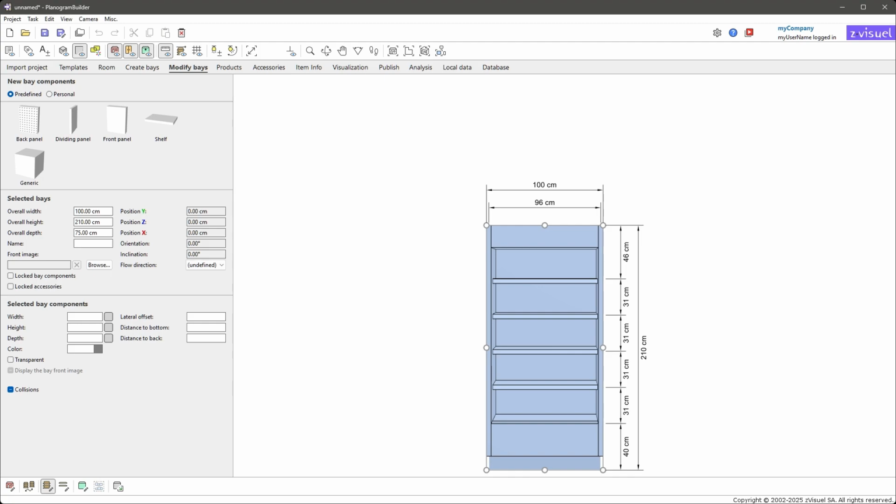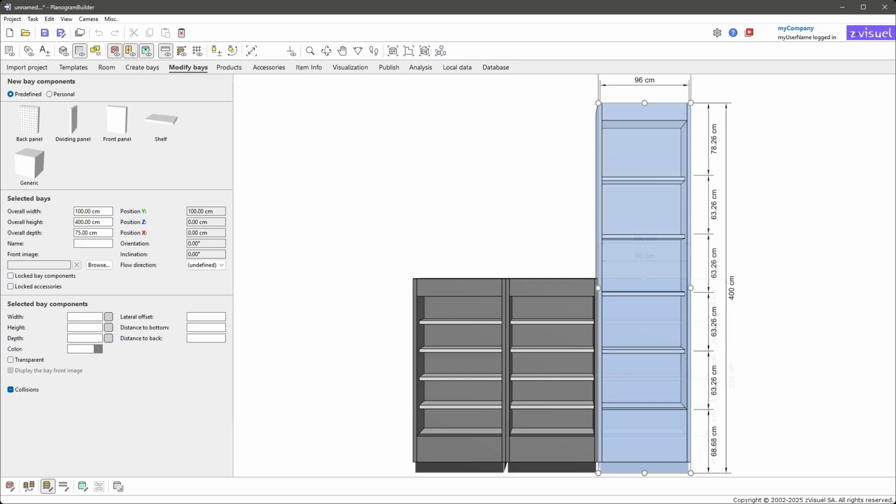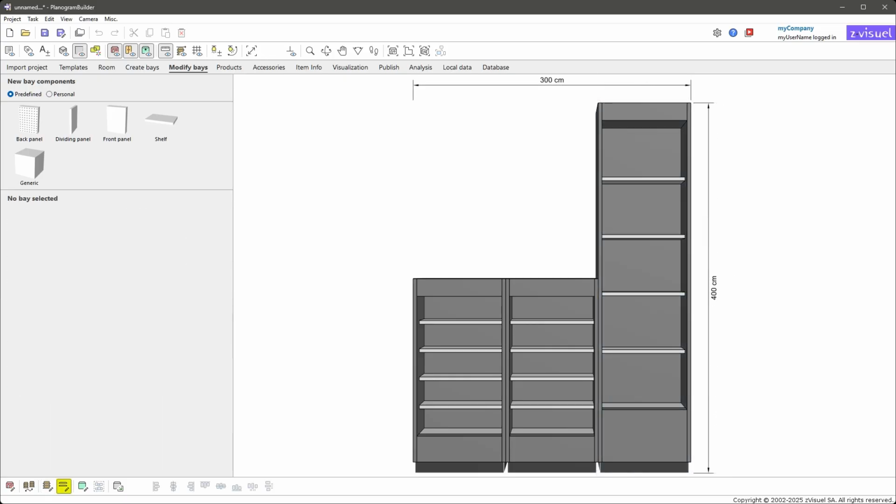When resizing a whole piece of furniture, you can control for each component which dimensions are scaled and which remain unchanged. To demonstrate this, we will compare the behavior with three pieces of furniture. Hold the Control key and drag the furniture to create a copy, then repeat to create a third unit. Change the overall height of the third piece of furniture to 400 centimeters and note that the lowest panel is proportionally resized. Click on Edit Bay Components.